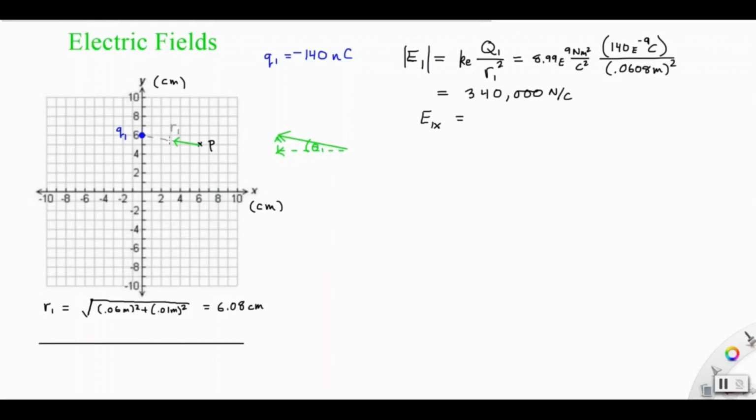Well, we know that the opposite side of this triangle is 1, and the adjacent side is 6, and that should give us the ratio that defines theta 1. So the tangent of theta 1 is going to be equal to 1 over 6 by our tangent ratio. We can then write that theta 1 should be equal to the arc tangent of 1/6,